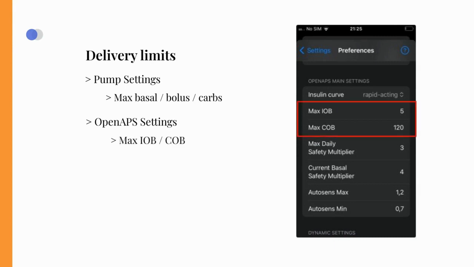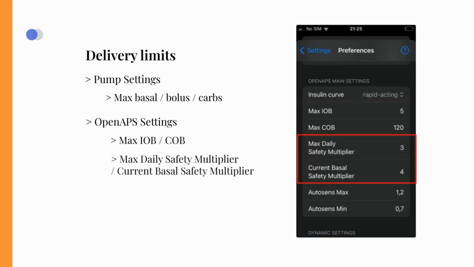The maximum insulin on board refers to the maximum combined amount of basal and bolus insulin allowed at once. The maximum daily safety multiplier and current basal safety multiplier are additional limits for the maximum basal insulin rate, and it's generally best to leave them unchanged. The maximum daily multiplier is set to 3 by default, allowing a maximum of 3 times the highest manually set basal rate. The current basal mode multiplier is set to 4, allowing a maximum of 4 times the manually set